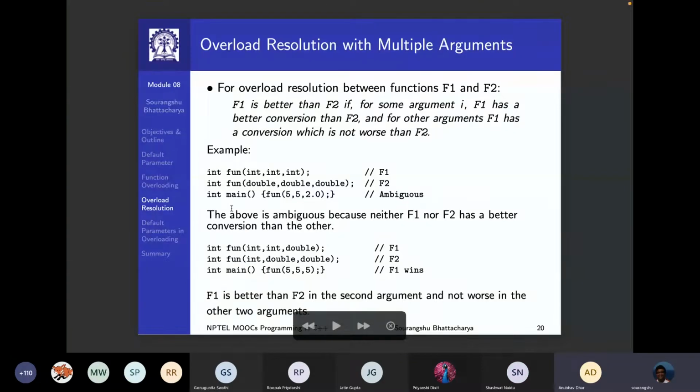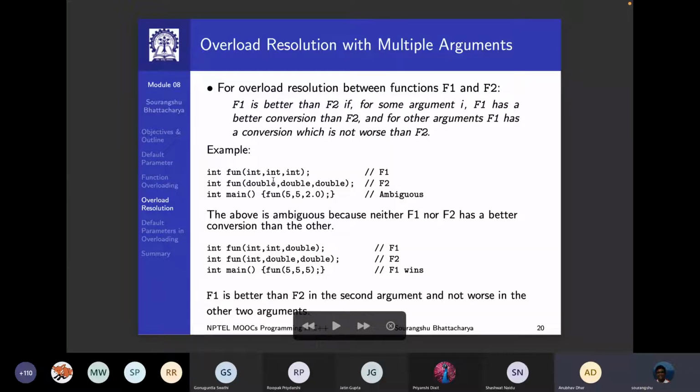Now this particular call has the first two arguments of type int, and the third argument of type double. And we saw in the last class that this actually results in an ambiguous call. So why is this ambiguous? The reason it is ambiguous is because for the f1 function call here, there are two candidates,